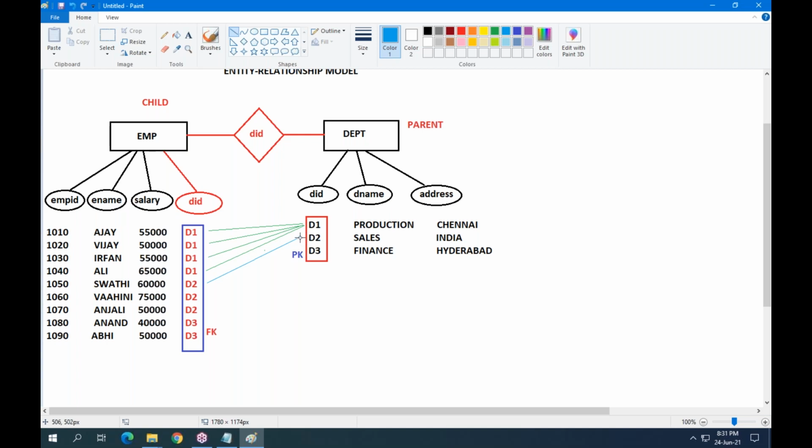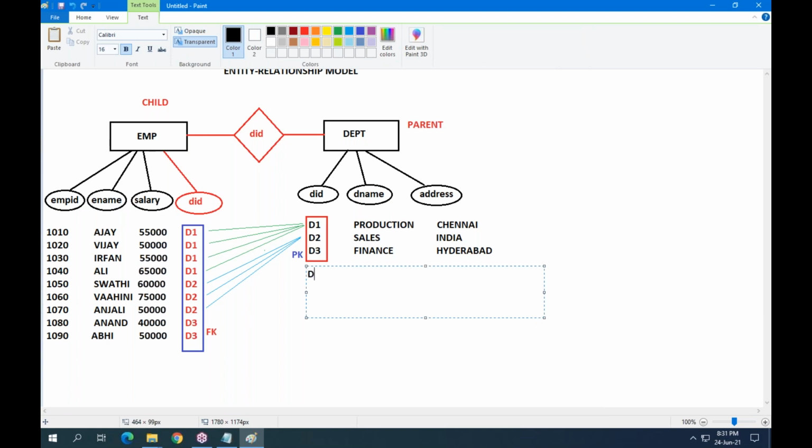No, Mona Lisa, you are misunderstanding. Location is different, but department name is repeating. Suppose this is your another record, guys, then you will get a complete picture. Department 4, what is the department? Finance department, here Mumbai.